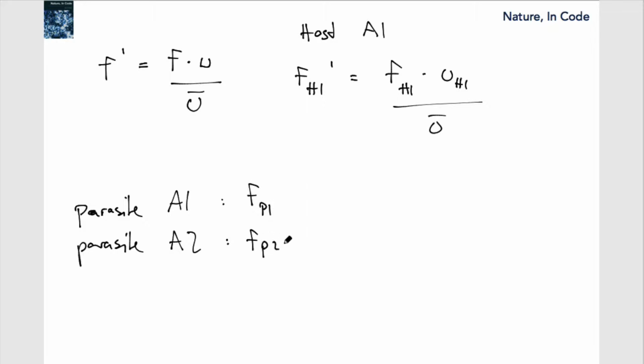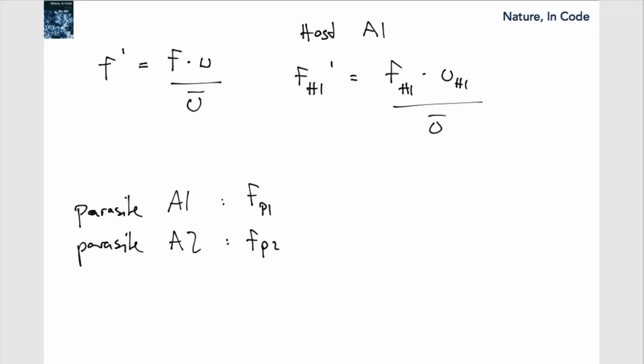Say there are 20% A1 parasites. Well, of all your interactions, on average, you will run into A1 parasites with a likelihood of 20% and into A2 parasites with a likelihood of 80%. And so there are these 2 possibilities, and we simply have to add those up to get the fitness value